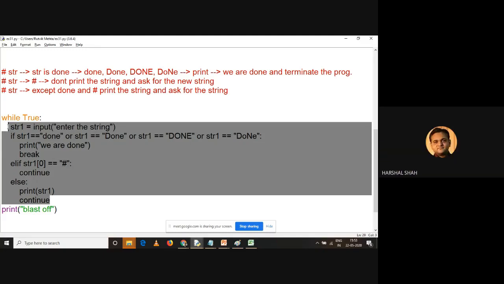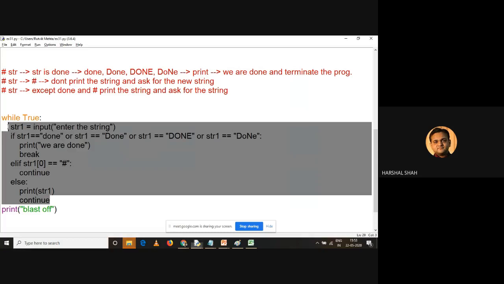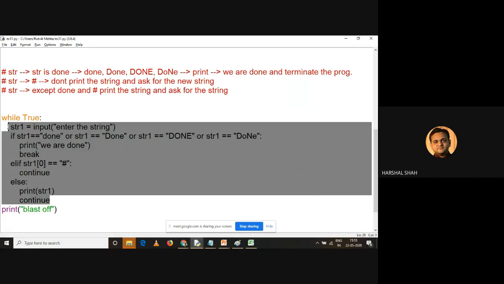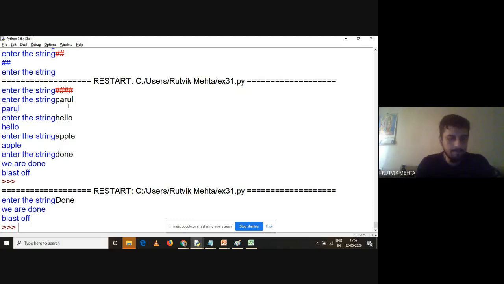Understand? Here, Mridul sir, you are asking about the lower function, and Devyangini madam, you are asking about the 4-times hash, why it is not printed? Because we have made it check only the first character. We have changed the methodology of checking that, and we consider a string as an array of characters. So we have seen str1 bracket 0, that means the first character. Let me explain with an example.